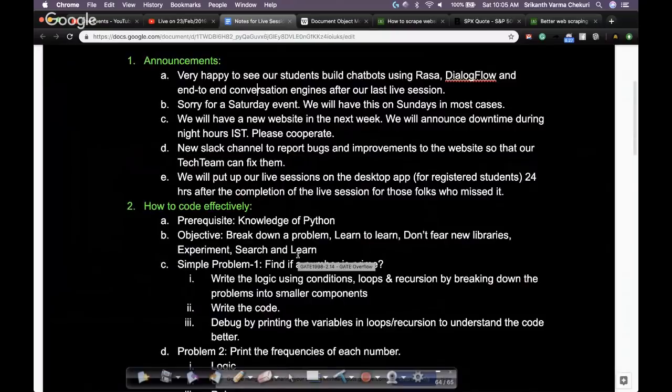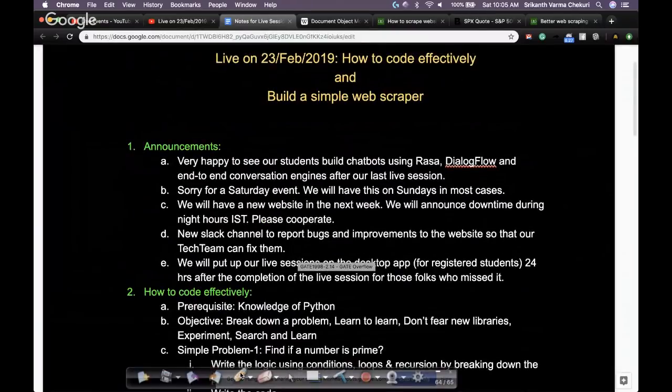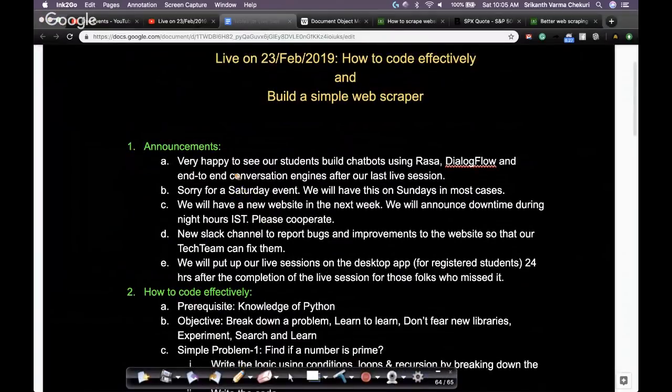A few announcements before we get started, primarily targeted towards the registered students. The first one: last week, if you recall, we did this live session on how to build a chatbot. So I'm extremely happy to see many of our students build chatbots using Rasa, Dialogflow, and